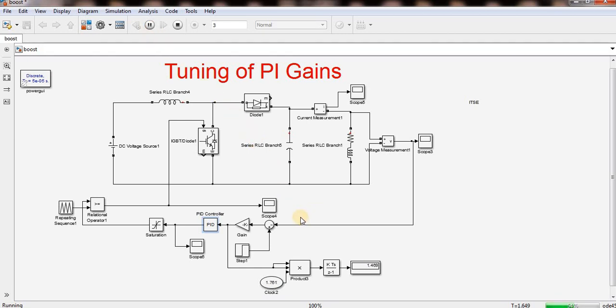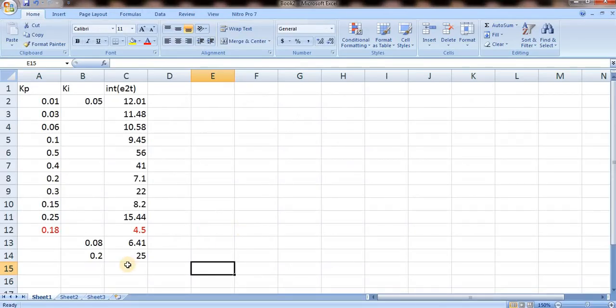This is the process: you have to tune the complete kp and ki. I am getting 5.86 with 0.1. So compared to 0.08, 0.1 is better. Maybe 0.09 may be better, or maybe 0.15 is better. So I will make it 0.12.